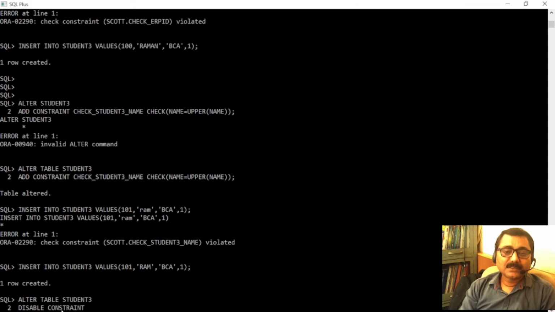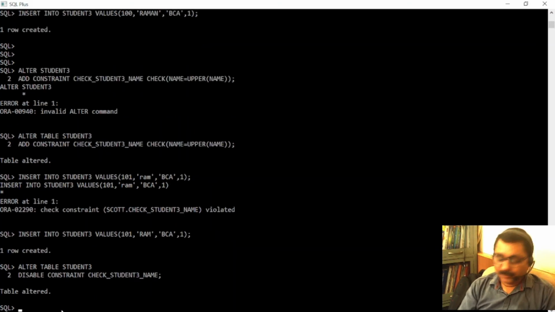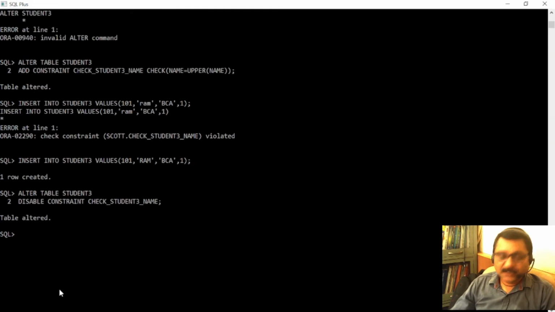Constraint name is check underscore student 3 underscore name. See, it's disabled. Check whether it is disabled or not. Let me find the previous command. Yeah, I was trying to do this. So let's see whether I am able to enter 102 with lowercase of name or not.